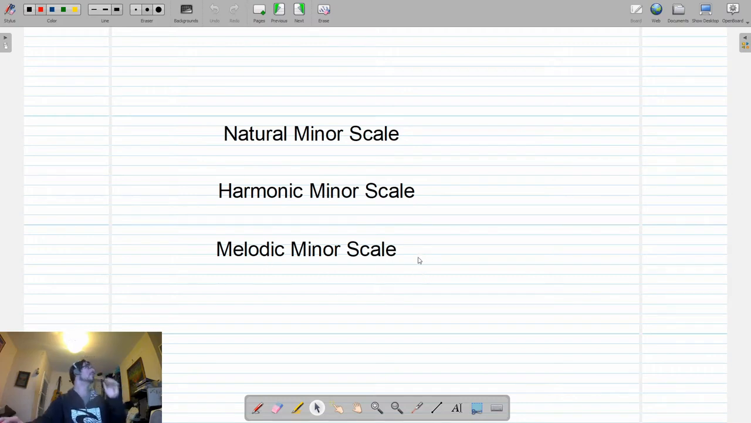Now I have a board of about 20 different variations of all these scales, but these are the 3 fundamental building blocks on which all of the scales are either variations or built on top of. Now there's other forms of scales called pentatonics, which are 5-note scales, but these are diatonic scales, which roughly translates as 7-note scales. But we're going to start with the natural minor scale, but before we do,